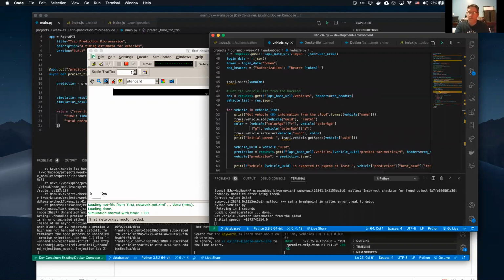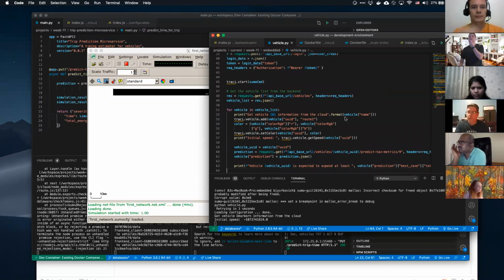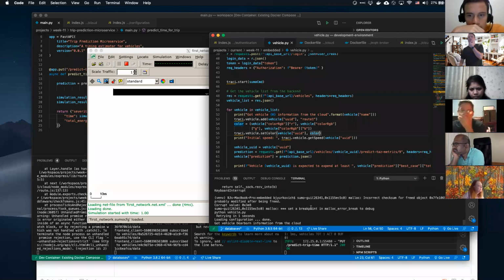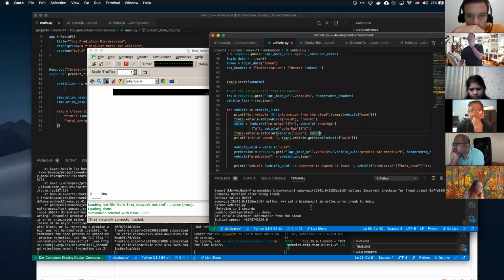See what happened there, guys? Anybody? Incorrect checksum, probably modified after being freed. It's a little bit strange.